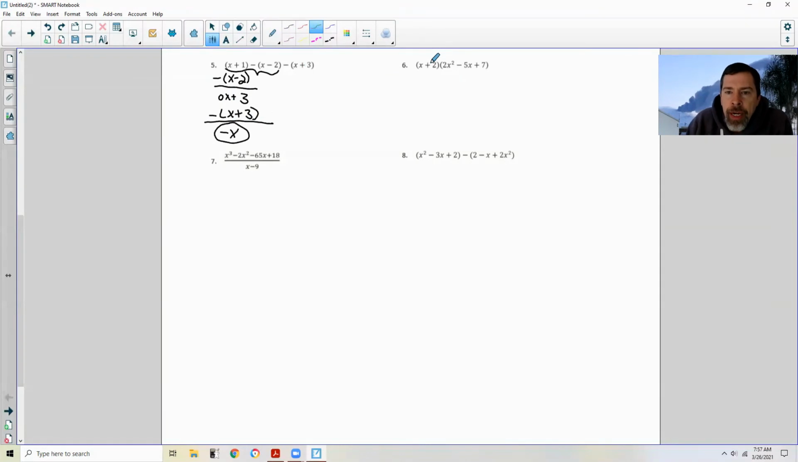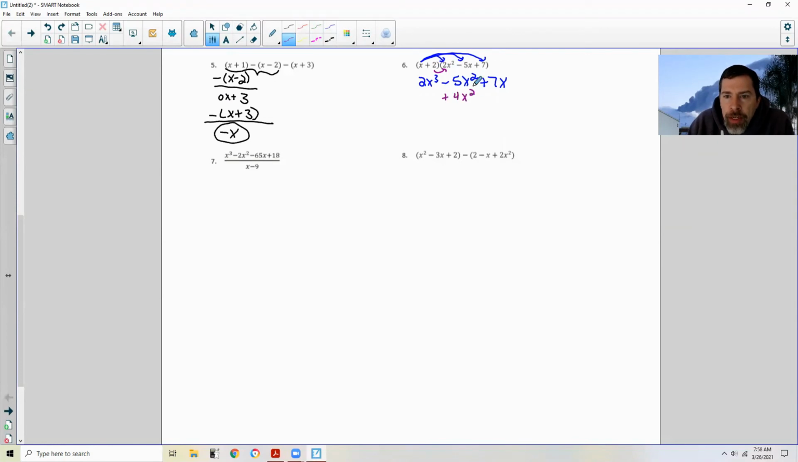Now we're distributing a binomial into a trinomial. Watch your signs, line up like terms. Very simple. X times 2x squared is 2x cubed. X times a negative 5x is negative 5x squared. And then finally, x times 7 is 7x. Okay? Very easy, and now I distribute my 2. 2 times 2x squared is 4x squared. Line it up with